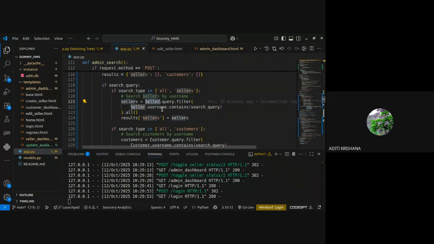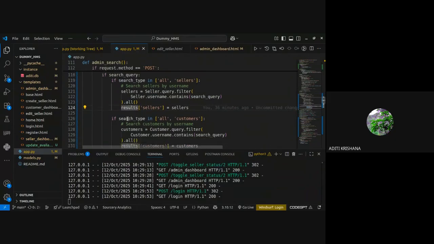It will check whether the search query matches that username or not, and all that will be fetched and stored inside the sellers variable, and the results will take that value inside it. I hope everyone is understanding what I am trying to tell. This is the play of dictionary and list.